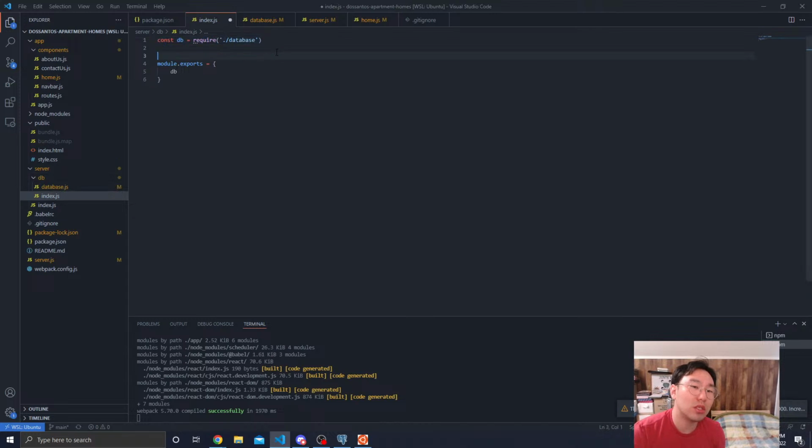And what we want to do in this index file right here is this is where we will set our association. So this is where we're going to actually be connecting all of our databases. But we don't have any tables or anything to connect yet. What happens if we check our